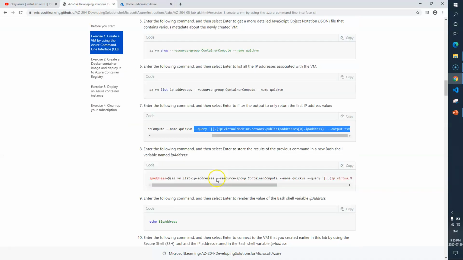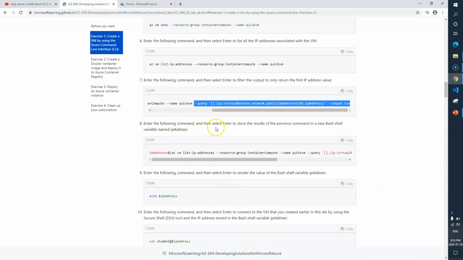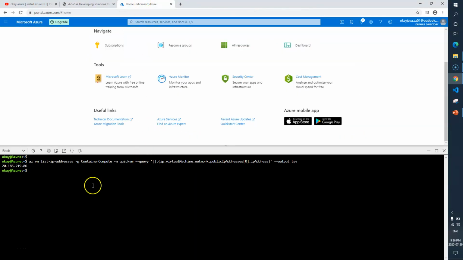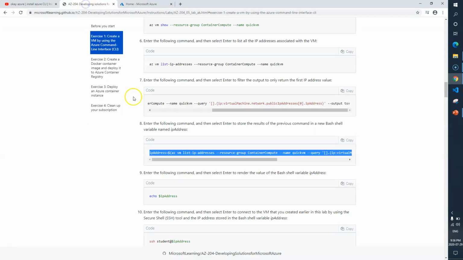Now it says enter the following command, hit enter to store the results of the previous command in a new variable called IPADDRESS. So let me copy this one, and it will store the IP address in this particular variable called IPADDRESS.